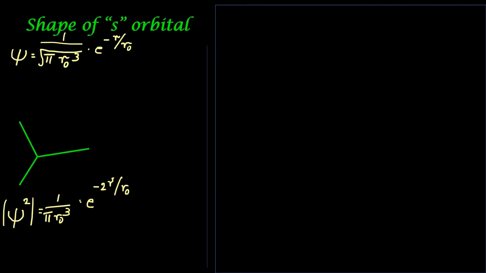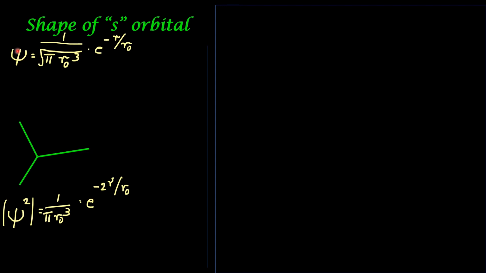Okay. When Schrödinger equation is solved for an electron in a particular energy level, that is orbital, the orbital wave function of the electron is given by the formula 1 by root of pi multiplied by r naught raised to 3, multiplied by e raised to negative r divided by r naught. This is true for any electron in any energy level or any electron with any energy. How can it be explained?